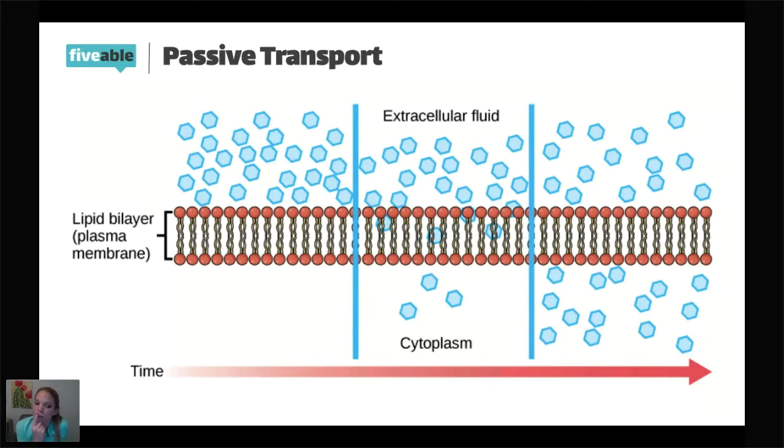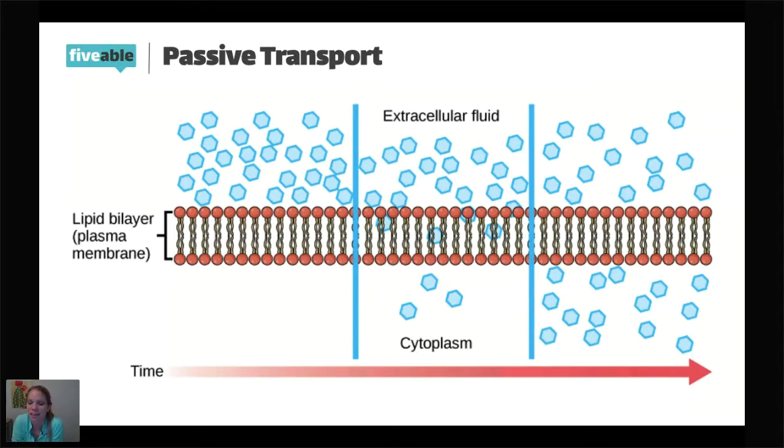What is wrong with this diagram, though, if that's glucose? If it's glucose crossing the membrane, what's wrong with this diagram? Think, think, think. That's glucose. What's wrong with this diagram? What's missing? Think, think, think. It should have something that it should be able to shoot.